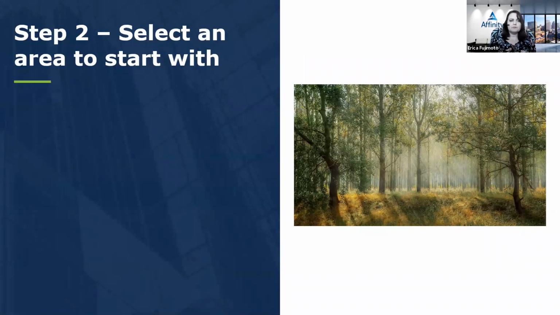That brings us to step 2, which is selecting an area to start our process mapping with. Again, with my cliches, it sometimes is very difficult to see the forest for the trees. And if your attorneys really have a hard time with seeing that there is a process to the legal work that they're doing, you might want to start with one of the areas outside of the legal work that I mentioned in terms of your first process mapping project. So if you've never at your firm sat down and tried to map out a process end to end with every detail that you can possibly include, you might want to start with a non-legal process.